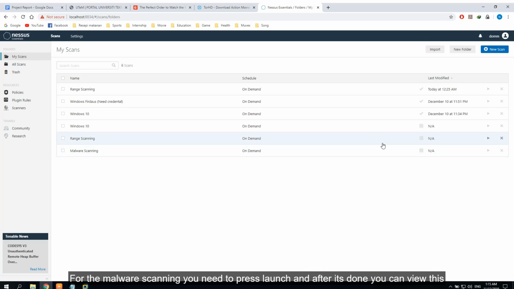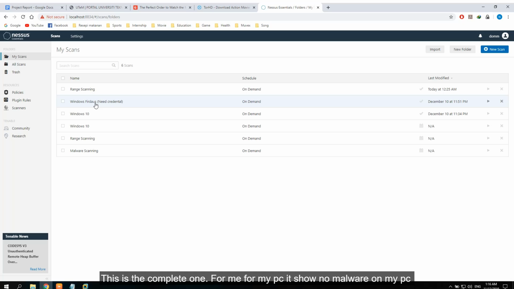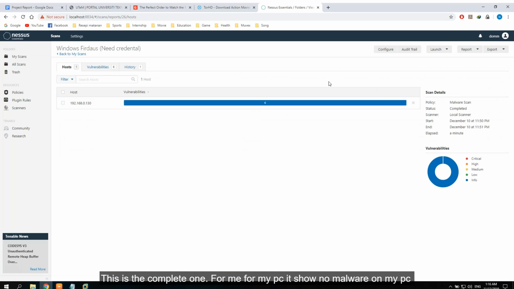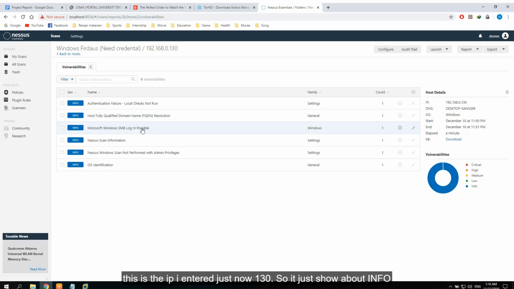For the malware scanning, you need to press launch. Then after it's done, you can view this. This is the complete one. For my PC, it shows no malware. This is the IP that I entered just now, 130. So it just shows info